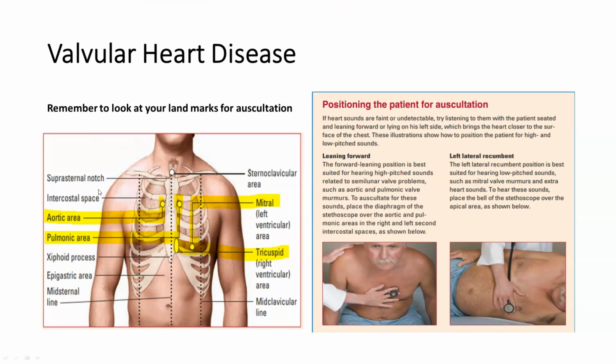So if we suspect valvular heart disease, we have to do certain assessments. So a good way to remember this is All Physicians Take Money, and we'll again revisit this concept. It's second intercostal space, right sternal border, second intercostal space, left sternal border. It depends on which book you look in. It's fourth or fifth intercostal space, left sternal border, and then it's going to be at the midclavicular line at the fifth intercostal space. So we'll just take our hand and go across, and we'll look at our aortic,